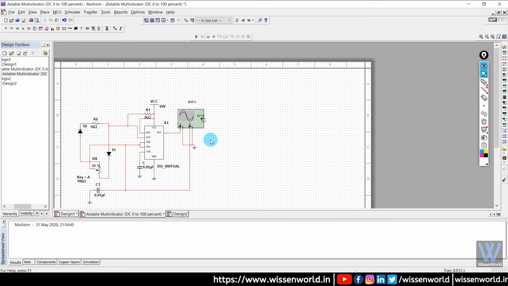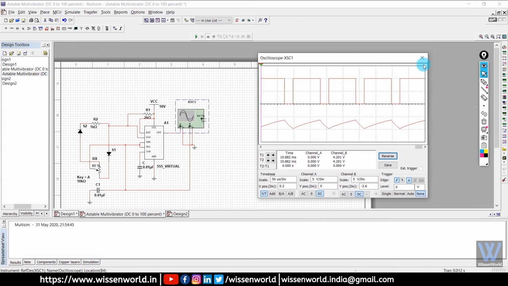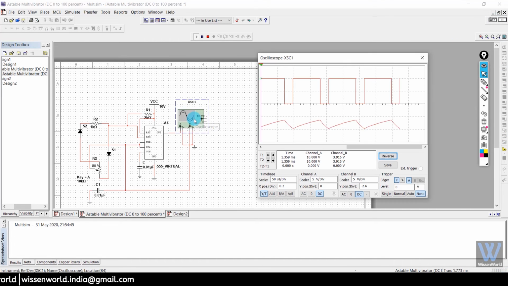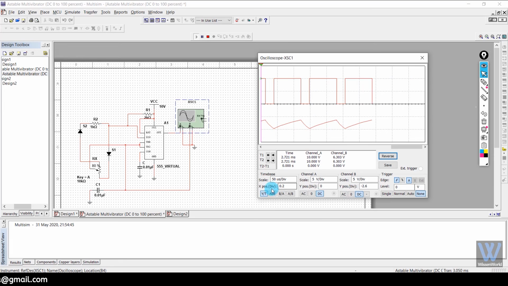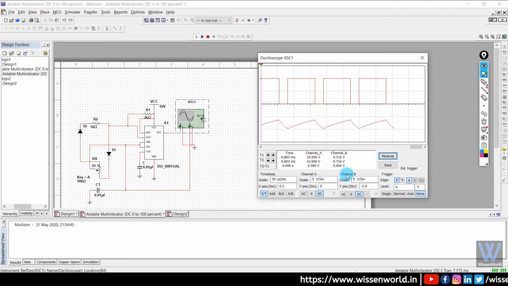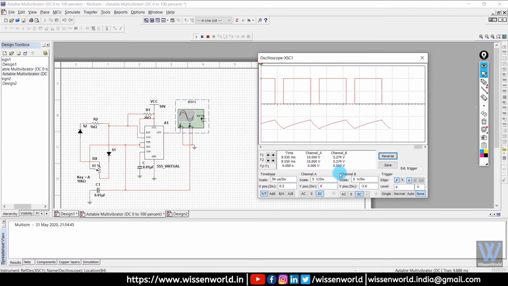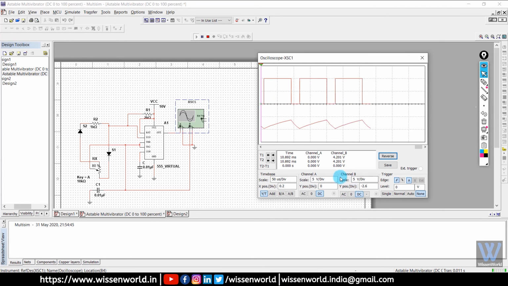Now to check the output waveform, you have to double click on the oscilloscope. But first you have to turn on the circuit. Here I have turned on the circuit. Now when I double click it, I can see my output. And you can see here, this is exactly like the physical oscilloscope that we see in our labs. Here we have channel 1 and channel 2 to differentiate the input and output or whatever waveforms we are showing.